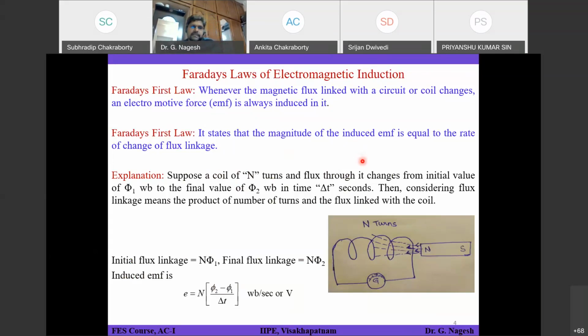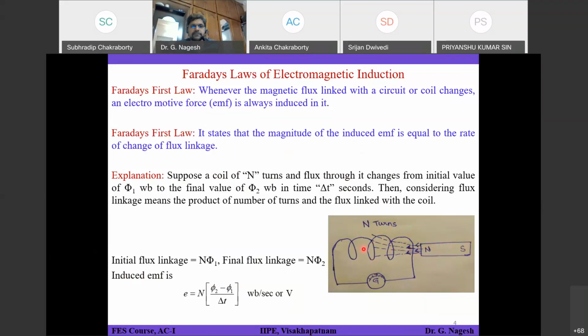We'll quickly go through the explanation regarding this. Here you can see a circuit. This is a bar magnet I have just assumed, with North Pole and South Pole, and flux is coming from the North Pole. It will obviously produce some amount of flux, so it's a constant flux. If I keep on moving this bar magnet forward and backward, that will create a change in the flux which is linking with the N turn coil shown here.